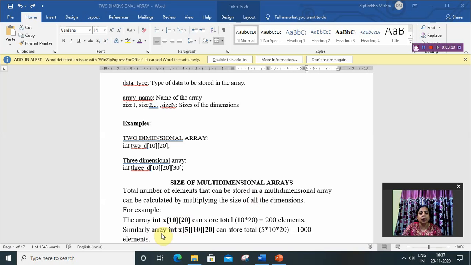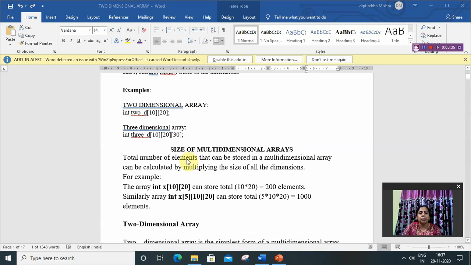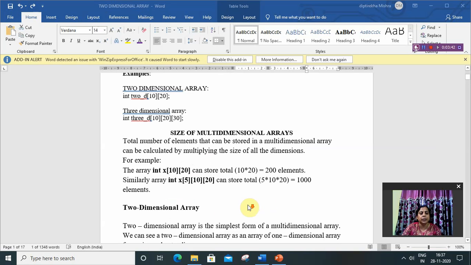Likewise, in a three-dimensional array int x[5][10][20] means 5 pages, each page having 10 rows and 20 columns. So 5 into 10 into 20 is 1000 elements. So by multiplying the dimensions we can calculate the number of elements.